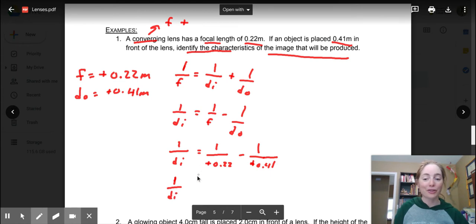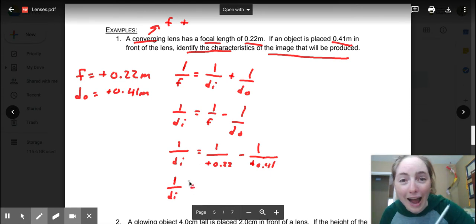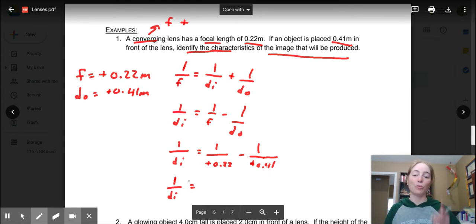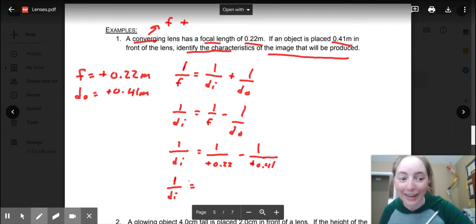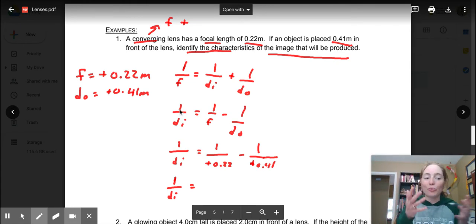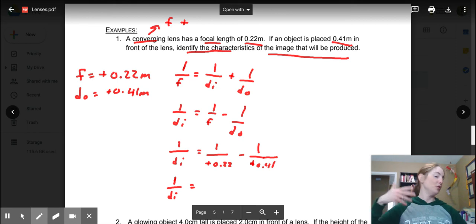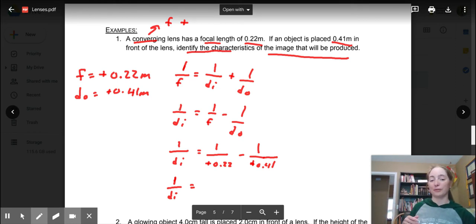When you put this number in your calculator, that is not DI. That is 1 over DI, because we can't miraculously move DI to the top of that dividing line. We have to do something to get it there, and what we do to one side, we have to do to the other. So when you put this into your calculator, you're going to get